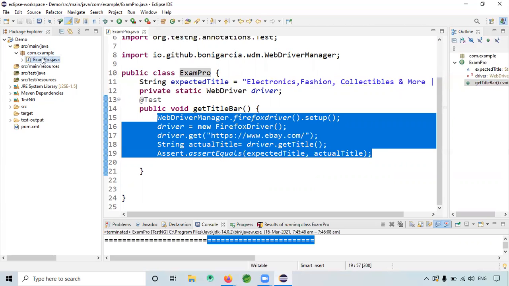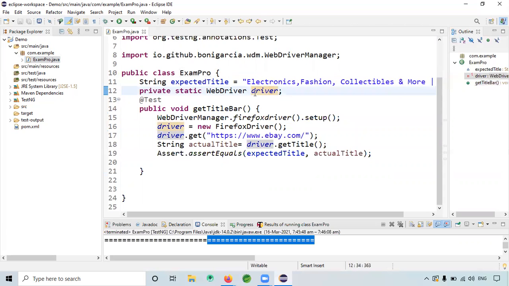Actually, both TestNG and Selenium are kind of frameworks only. But it is easier if we study Selenium and then move on to TestNG. In core Java we have the main method, and basically everything deals with the main method only.